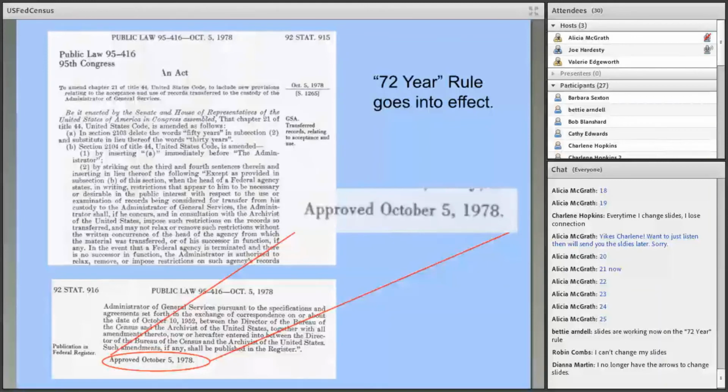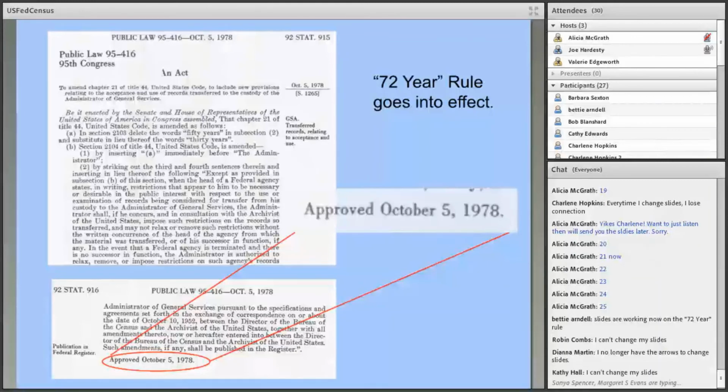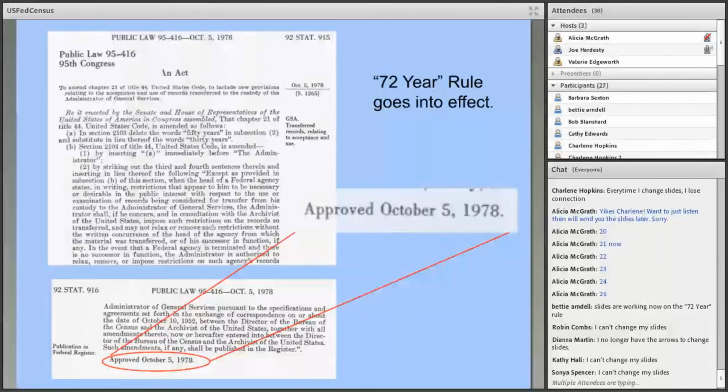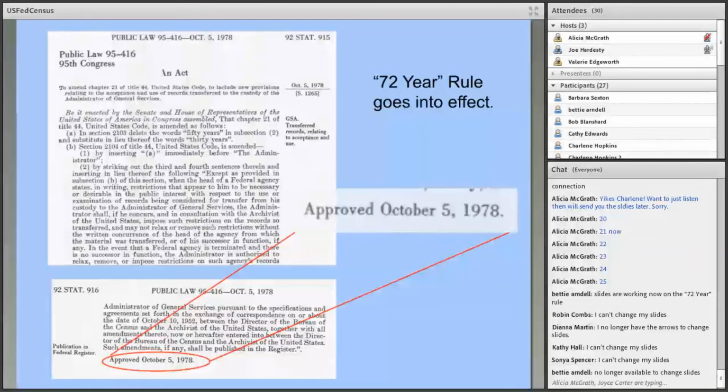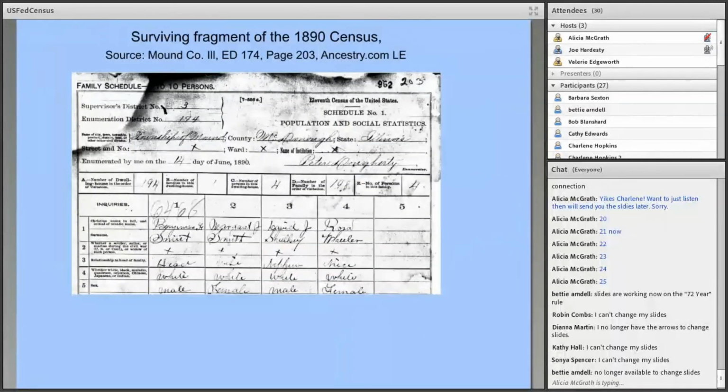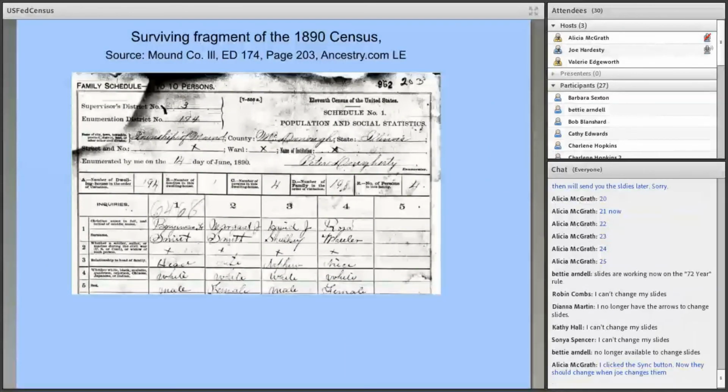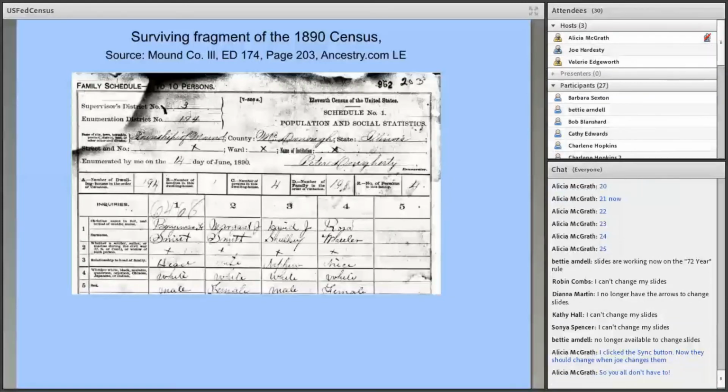Now, 1850, the population schedule was the first to ask specifically about persons of color. Questions on subsequent enumerations regarding race helped fuel the debate in state legislatures across the country regarding interracial marriage and other things. So let's click on slide 27, and you'll see a fragment of the 1890 census that did survive. And you look at column number 4,